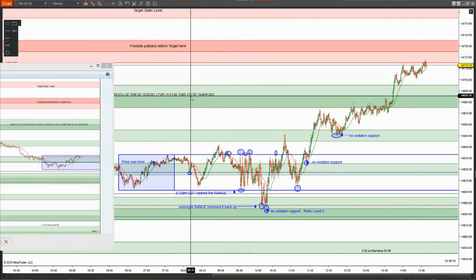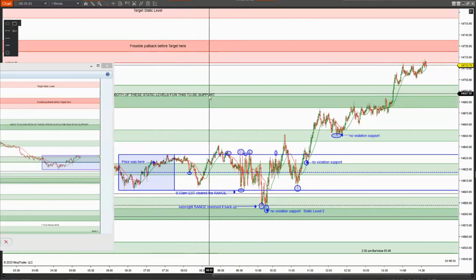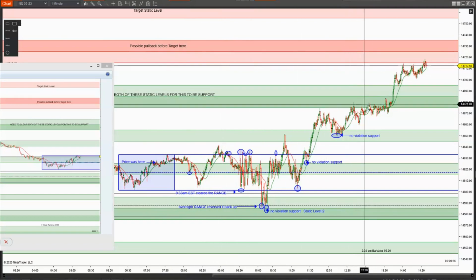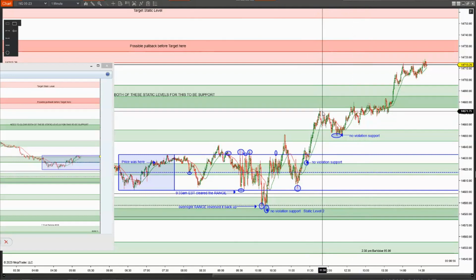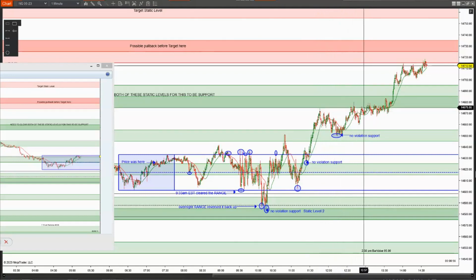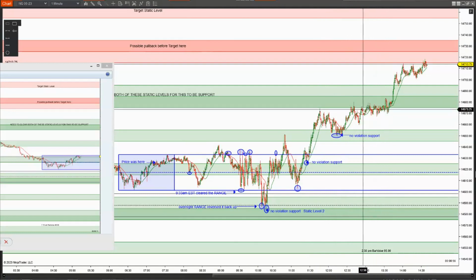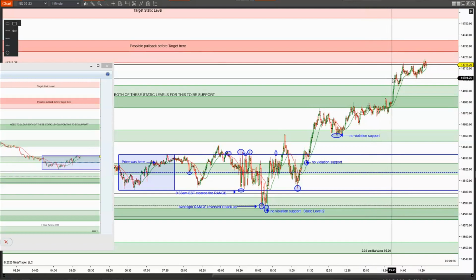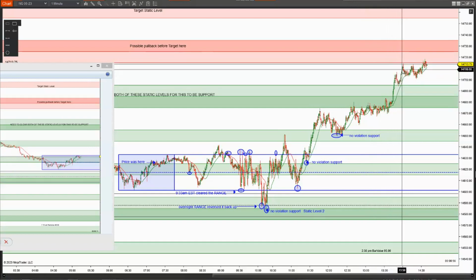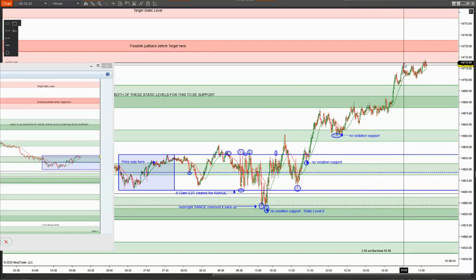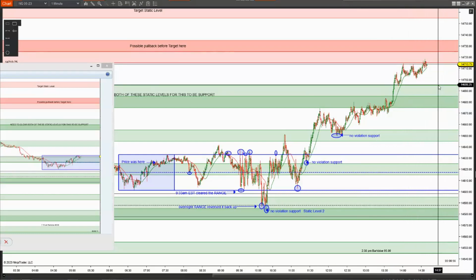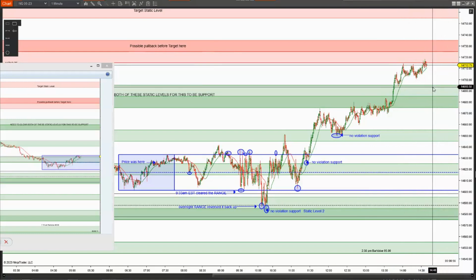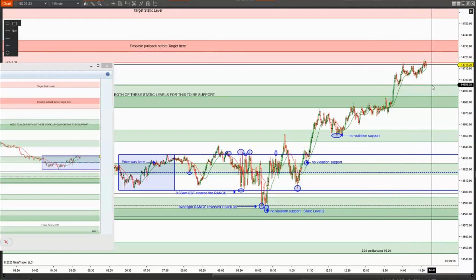So this is where they're at. And I told them here that they need to clear both of these static levels for this to become support. And you can tell how they hit it first. They didn't want to just go straight through it clearly. And they dropped back down, got up here and just grinded. They just did a horrible grind right here in this area here. And then they got above it and there's your support and they're running up towards it. So this may get the pull back up here back down into this area. So this may happen over the course of this afternoon, and then possibly going into tomorrow.